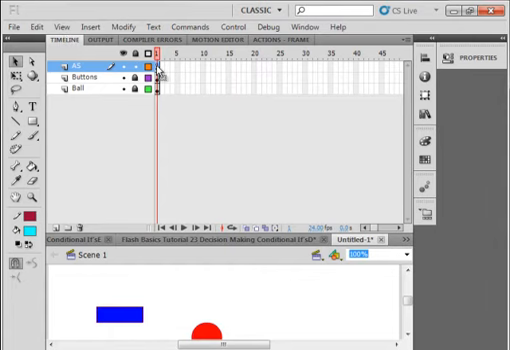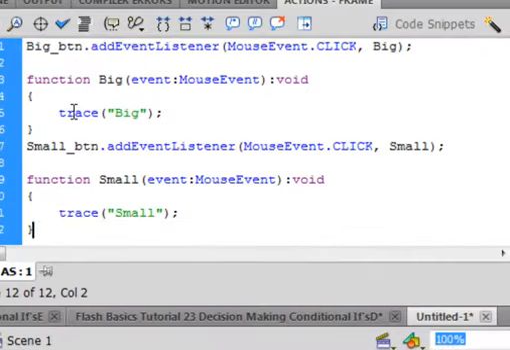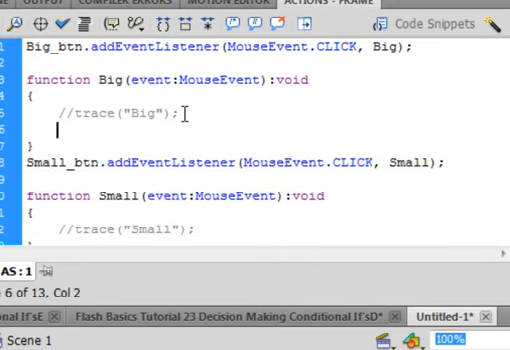Select the Actions layer, open the Actions panel, and where you see this trace, let's just comment that out, two backslashes, and the same with here, we see this trace, two backslashes, just comment it out. Click up here, enter. So now, when this big button is pushed, instead of tracing big, we're going to do something. So we have something called BALL_MC,